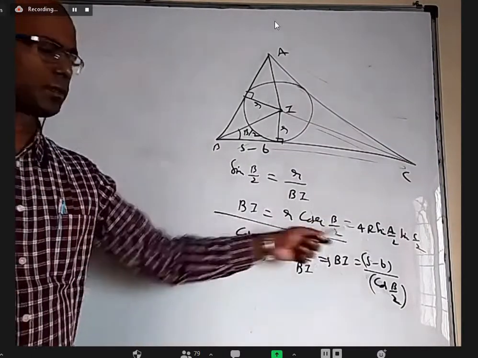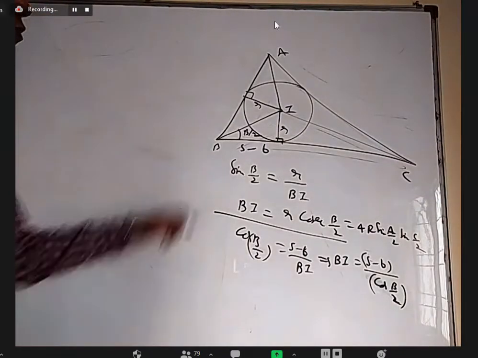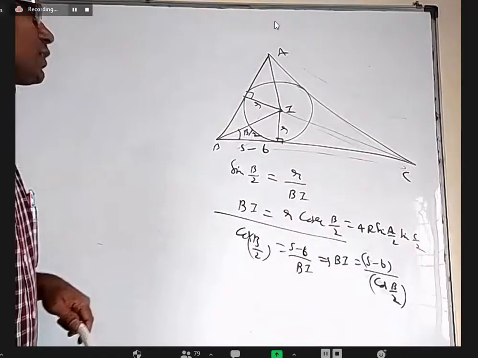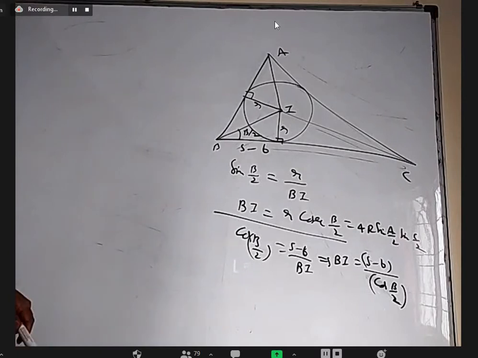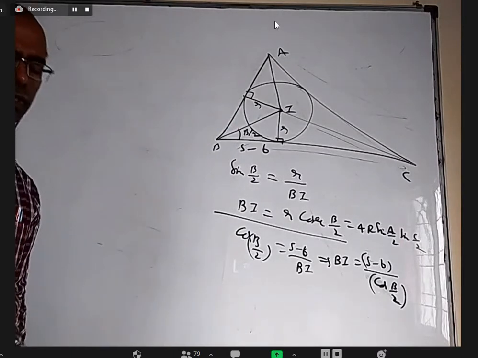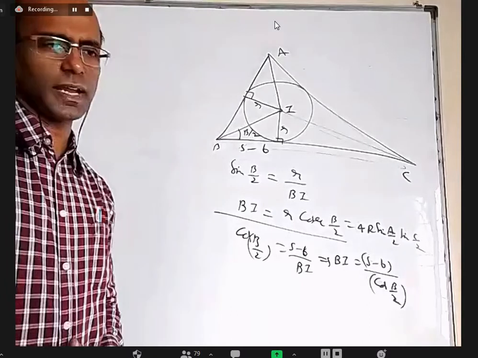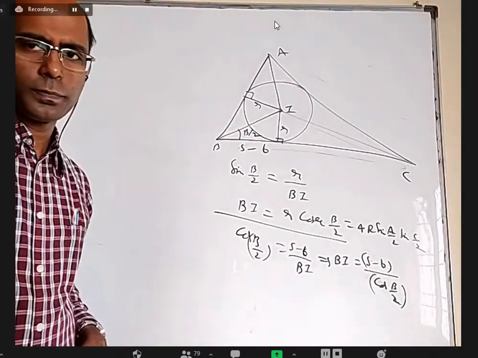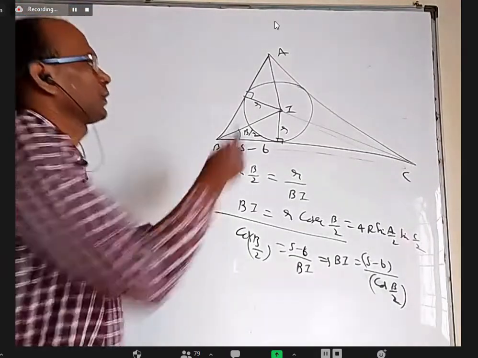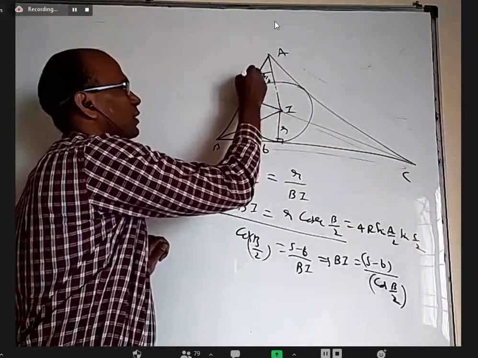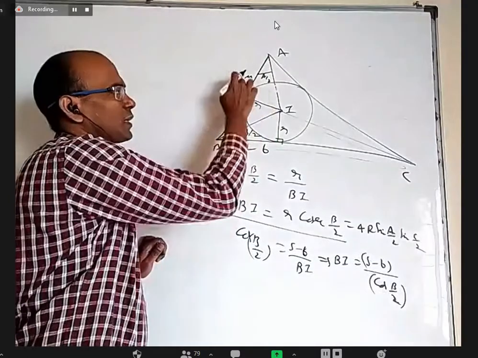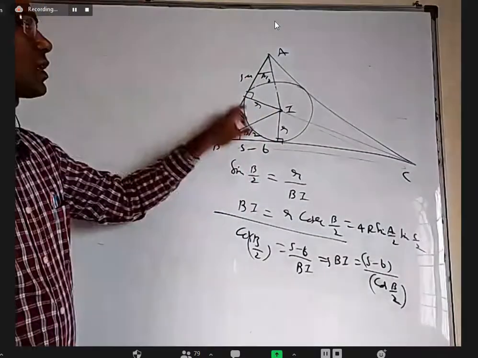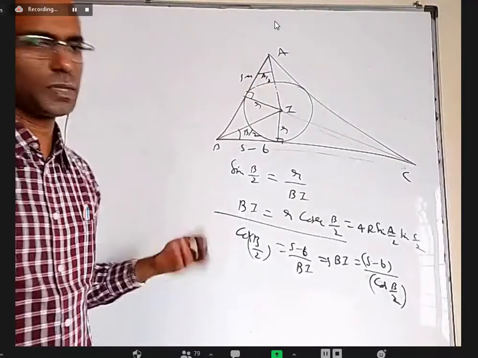Anyway, this formula is better. From the incenter to a vertex, if you forget, you can easily derive it. Earlier we used the same figure to prove small r equals S minus A tan A by 2. Remember everybody, this is angle A by 2, this is S minus A. In this, when you apply tan, we got this by this. Now we are applying cos or sin for finding the hypotenuse, basically.